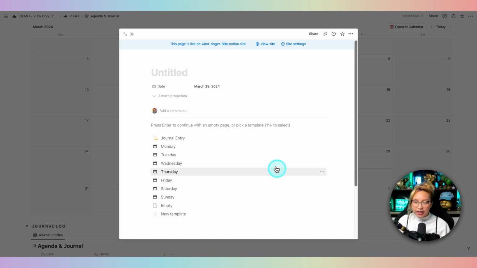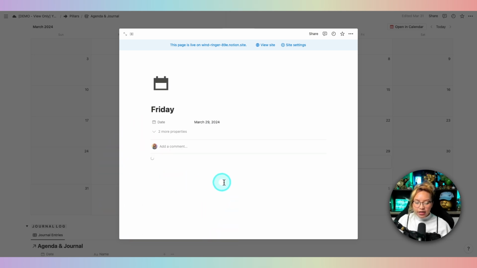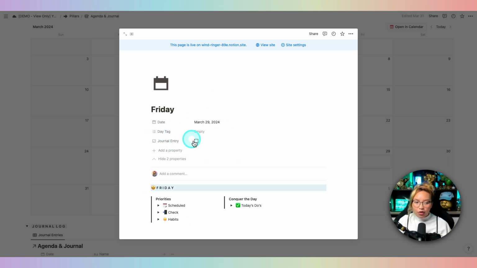So in this case, I think I clicked a Friday, so I would click this template here, Friday, and then it would just pull that template for me so that I don't have to manually create it or just create a duplicate. It just makes it really easy for me because you're creating database card templates within the database. So this is typically what the card looks like,